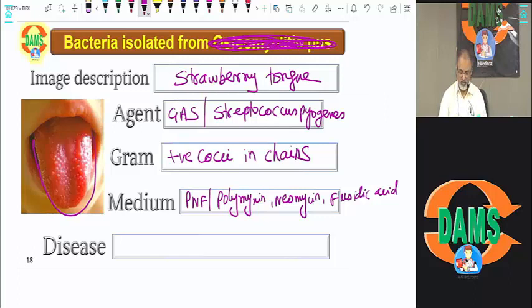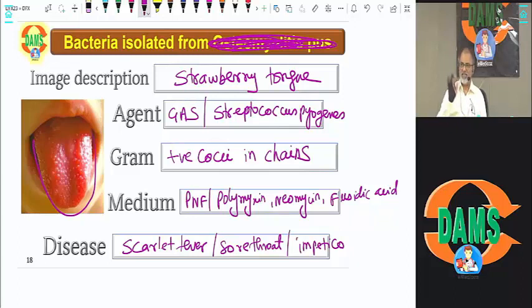Disease, strawberry tongue, caused by which fever? Scarlet fever. It causes scarlet fever. Apart from that, it causes many things. Sore throat. Okay, Kawasaki disease also another cause of strawberry tongue. But group A beta hemolytic streptococcus causes scarlet fever, sore throat, impetigo, erysipelas, necrotizing fasciitis, many things. Okay. Right. Next is